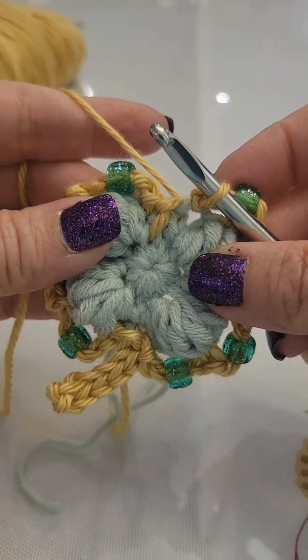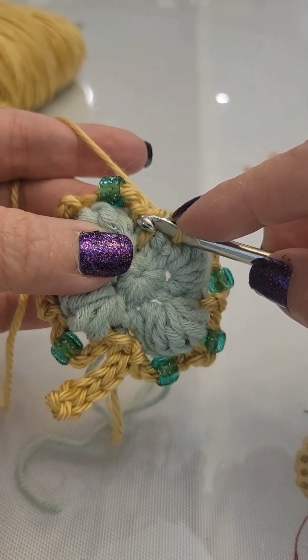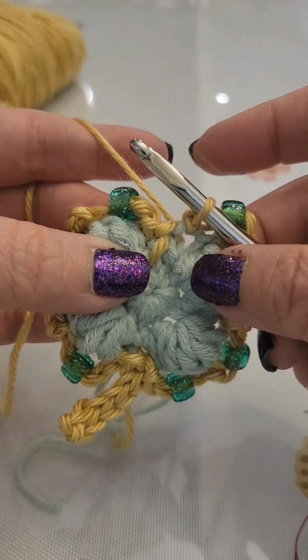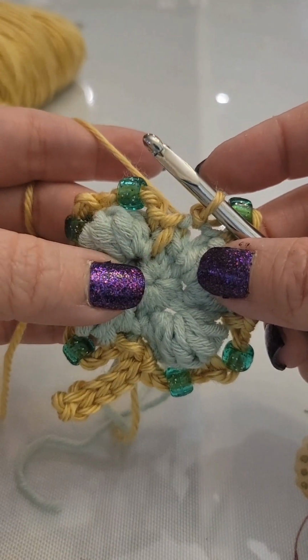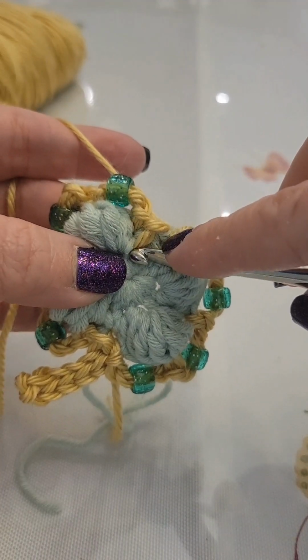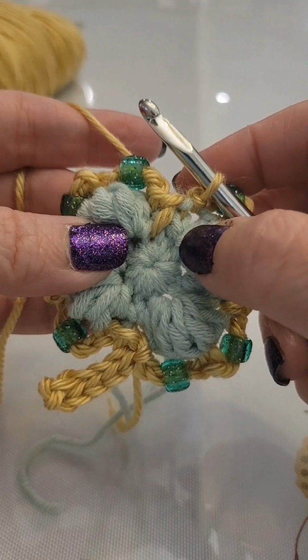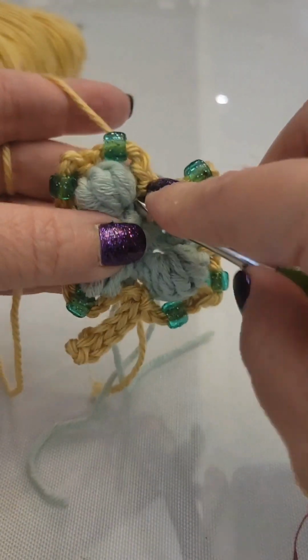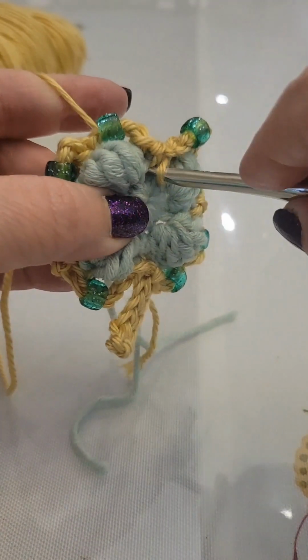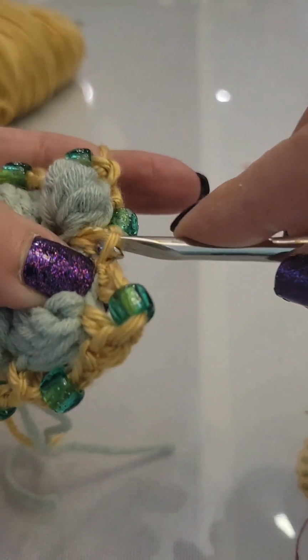I will be making a keychain loop. If you prefer, you can just slip stitch into this very first stitch right here, fasten off, and weave in your tails. I'm going to insert my hook into the same place that we slip stitched and closed off round 1 and round 2. Bring up a loop, slip stitch,